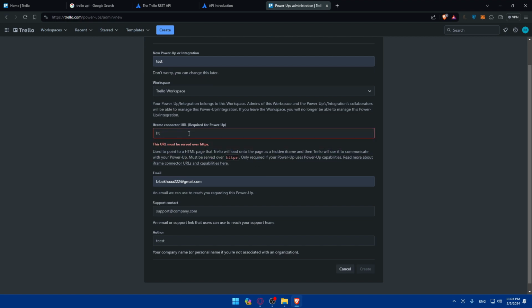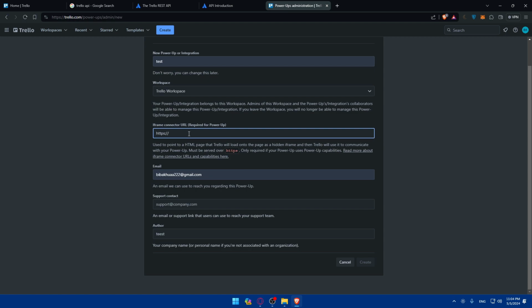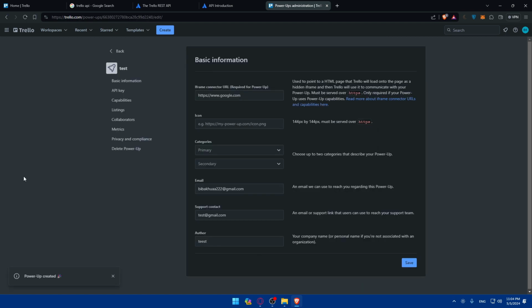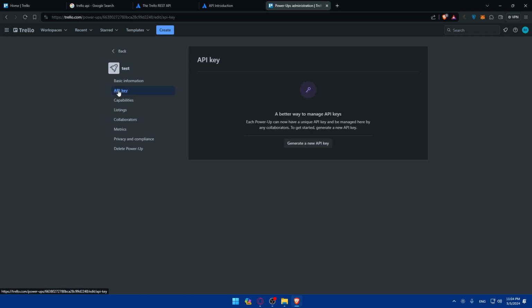So as an example, I'll just type here HTTPS and like that. Maybe I'll just do www.google.com. It probably will not work, so I'm just entering some random things here. But for you, make sure to enter your information accurately. So as an example, I'll just do that and click on create. Once I click here on create, if there is any other information that you need to finish, just finish it. If you go now to API key here, as an example, you'll be able to generate